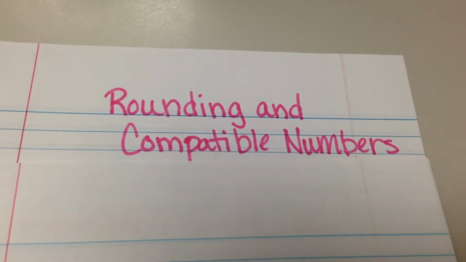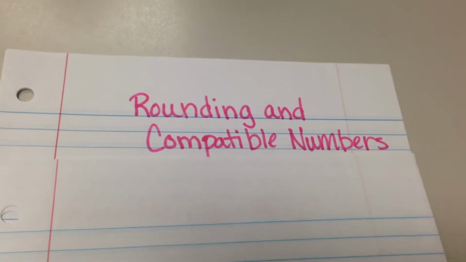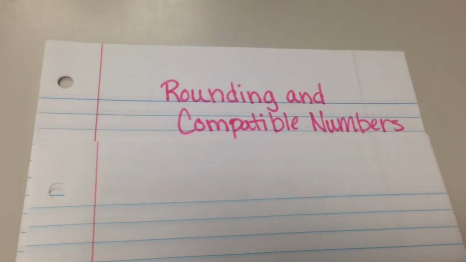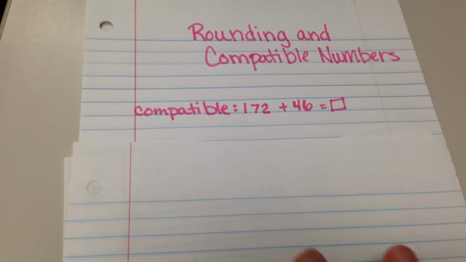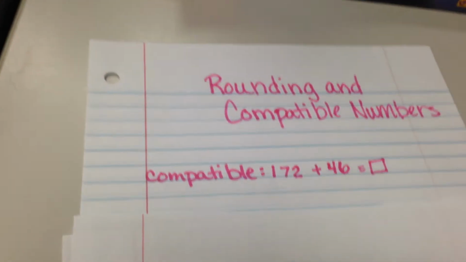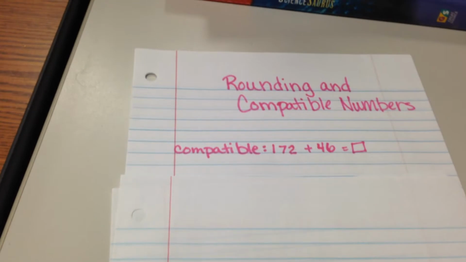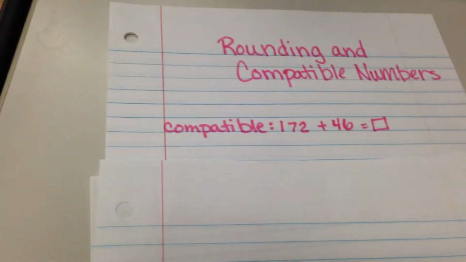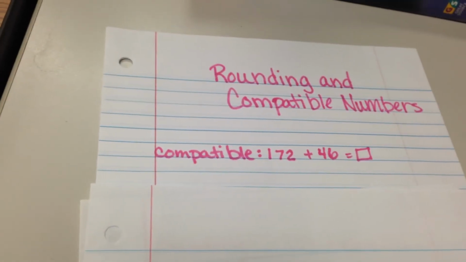Today we're going to look at how students are using rounding and compatible numbers in order to estimate a solution. These two strategies are very similar. So we're going to first begin by looking at compatible numbers. This basically means that I'm going to change a number to be something friendly, so that I can find an estimate. We also can use compatible numbers when we look at an actual answer, but when we're